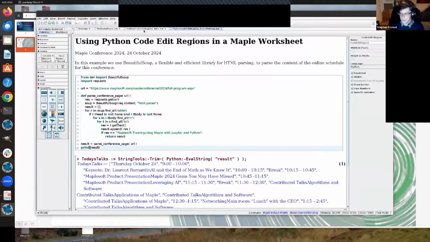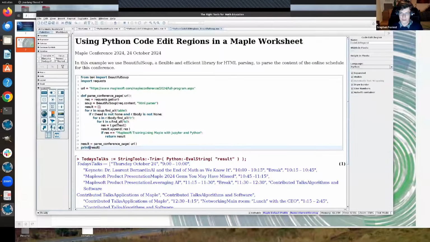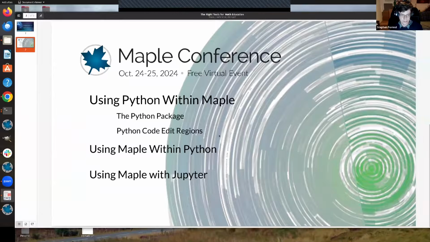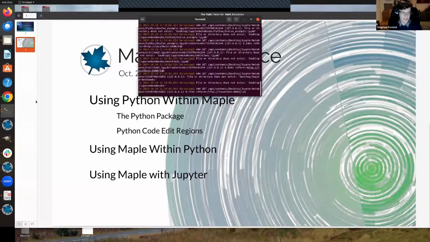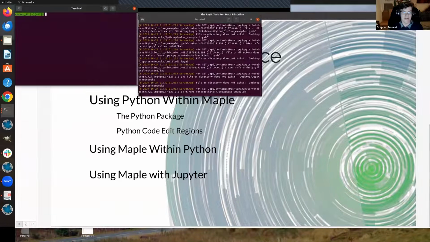So that brings us to the first tier of my talk, using Python within Maple. And then the next topic is using Maple from within Python. And that brings me to Jupyter. We don't actually need to use Jupyter to use Maple from within Python. Maybe it'll just be helpful to show you that you don't need to do that, because actually, and